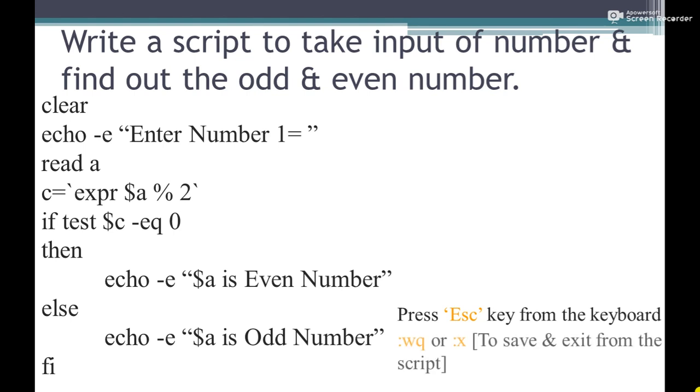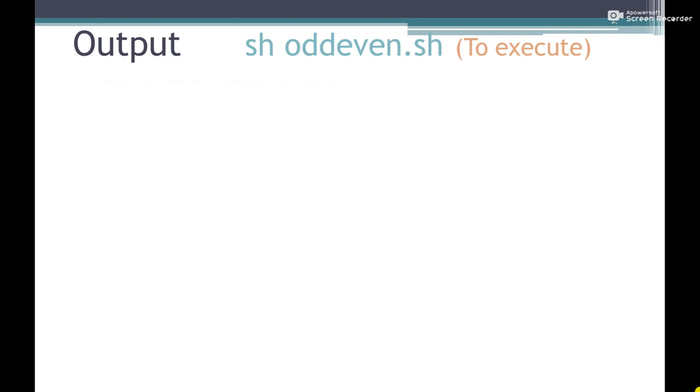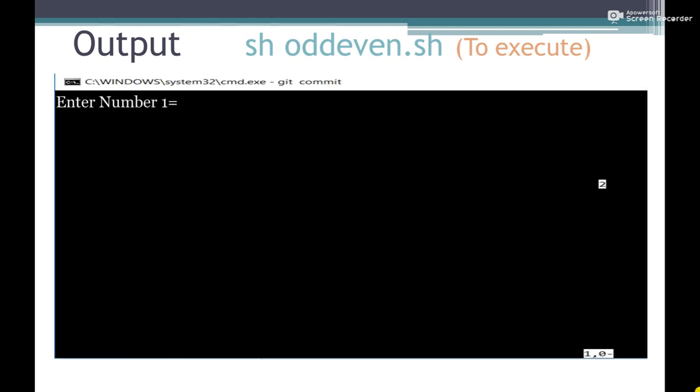So we write :wq or :x to save and exit from the Vim editor, and then we execute our script. To execute the script, we use sh and the file name. Here the file name was odd_even, so the command will be sh odd_even.sh, and the output is "enter number 1".